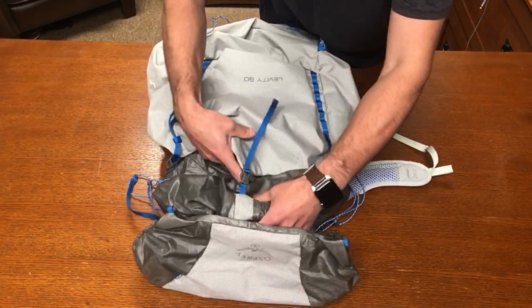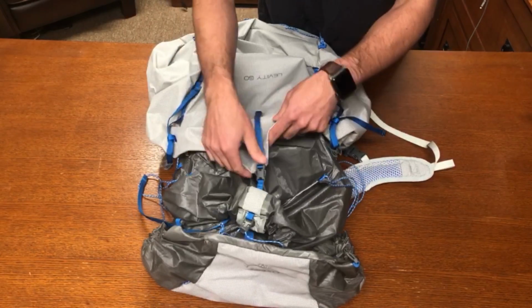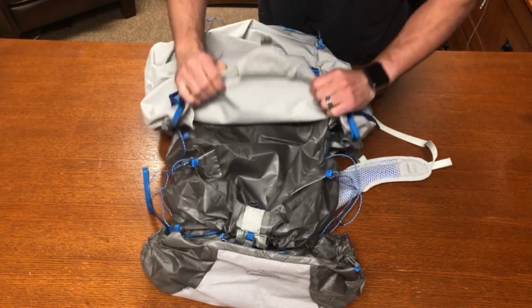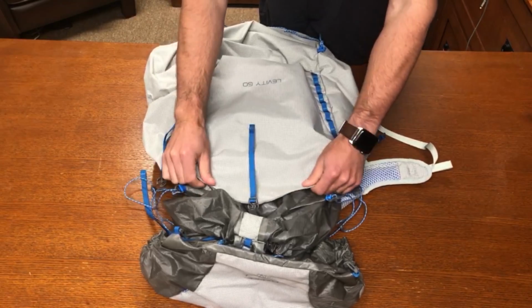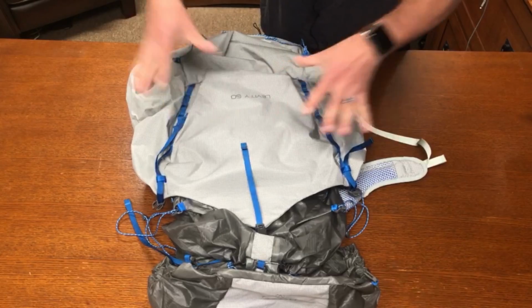Also, looking at the front, you also have this front pocket here. Now this is a front pocket made of the material here. You do have your clip to open it up. One thing you notice is this is not going to be stretch mesh. So you are limited to what you can put in here. You don't have it like the typical packs where you have stretch mesh